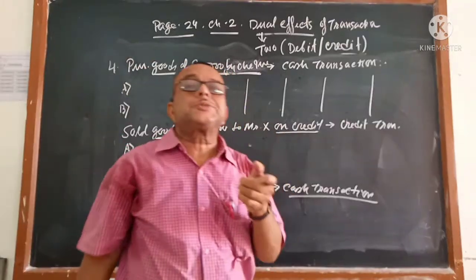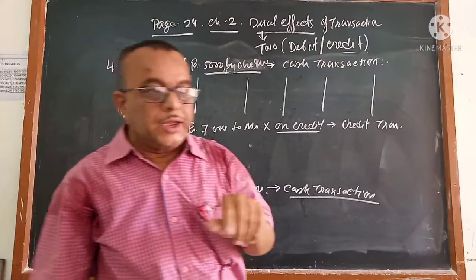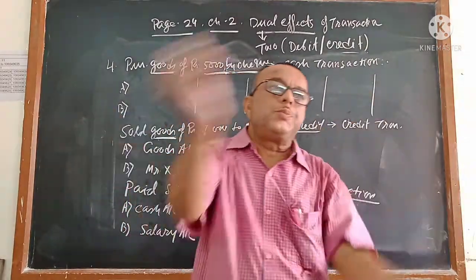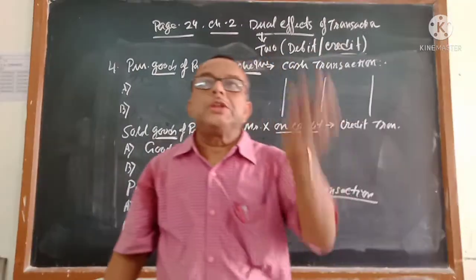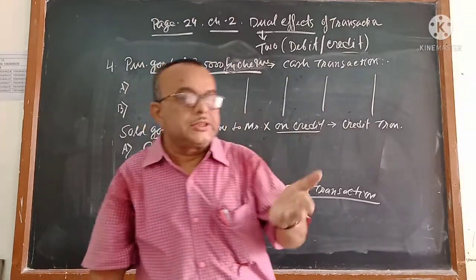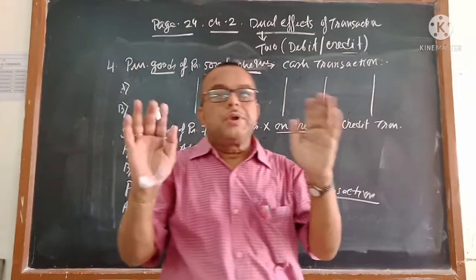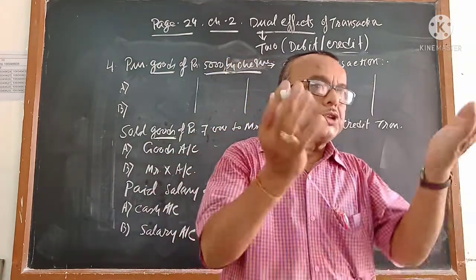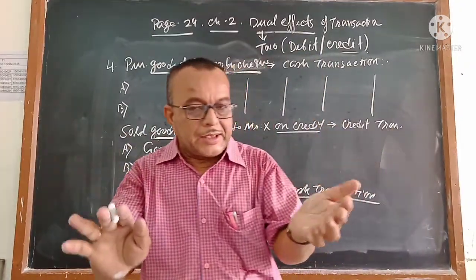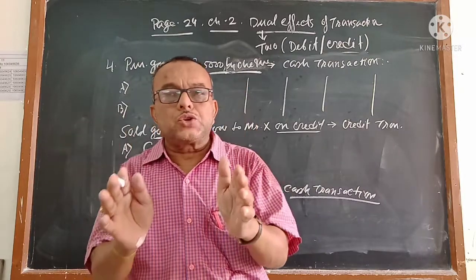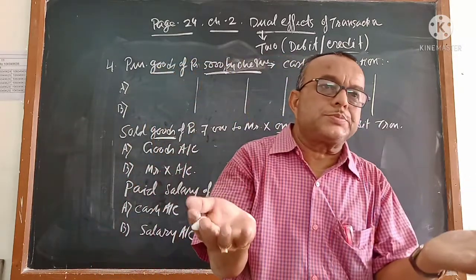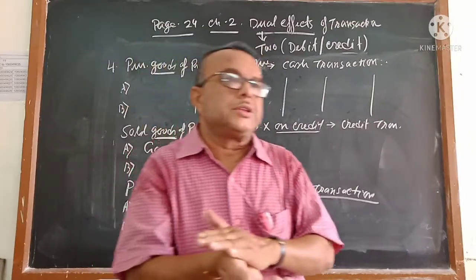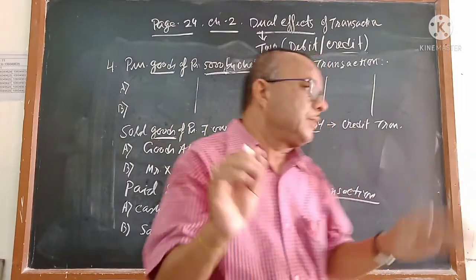And you did not give cash to him. You gave a cheque. The cheque means that he deposited the cheque to the bank, and his bank balance was increased. Instead of the cash balance increasing, he has not been paid cash. If he had been paid cash, the cash balance would have increased. But no cash was paid. What was paid? A cheque. The cheque is one type of cash only. Because the cheque is deposited to the bank, and automatically the bank balance will increase. So the money has been received.